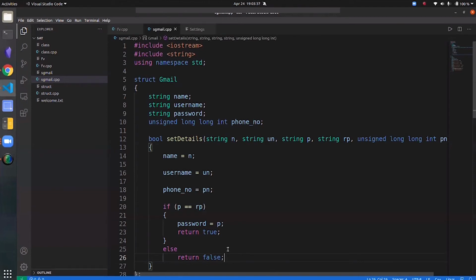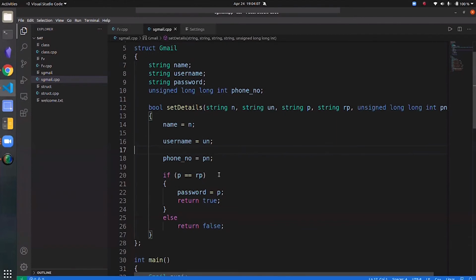Wait, never mind. I'm sorry, that is changing your password, not forgetting password. Sorry about that. So if you want to change your password, most websites will ask you to enter your old password first, and then they will check if the password that you enter as your old password matches the password that is stored in the database or not. If both of the passwords match, they will allow you to set a new password. So let us try to simulate that.